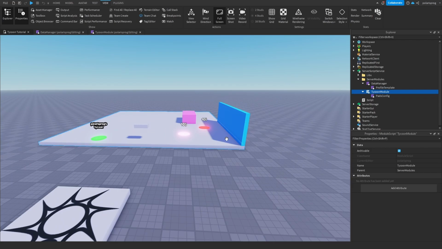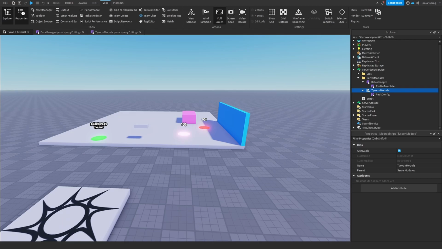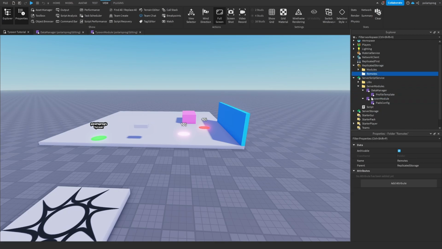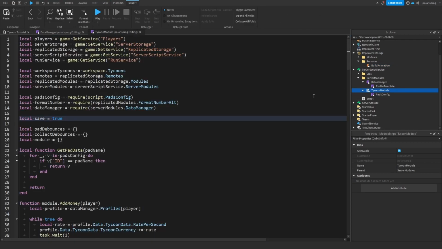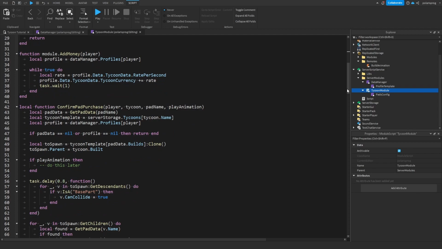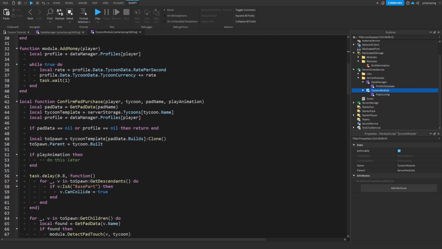So what I'm gonna do now is add the Tycoon animation. I'm going to add a remote to a remotes folder, which we're gonna have right here. So in the remotes folder, I'm gonna add a remote event, and I'm going to call it build animation. And what I'm gonna do is enter my Tycoon module. Now in the confirm pad purchase function, what we're gonna do is